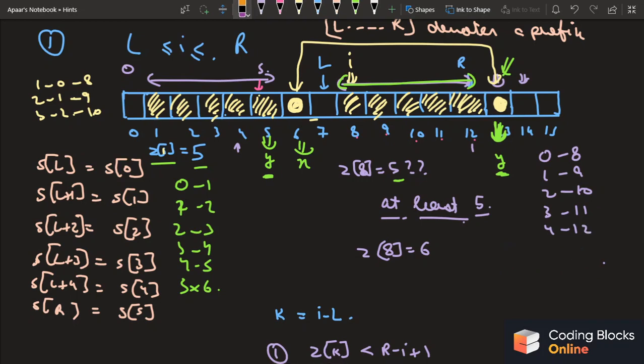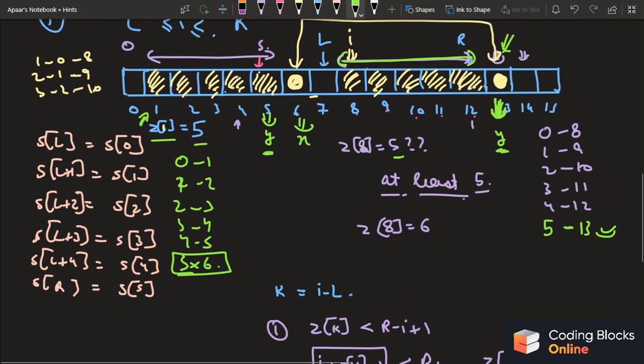Now in calculation of z1, s of 5 never matched with s of 6, but it is quite possible that s of 13 can match with s of 5. It is quite possible. I have given you the example, and you can easily check it. Don't get confused about what z1 means. It means here, if I'm starting from 0, then a length of 5 matches with these characters, right? So for z of 1 I can stop at 5, but it does not mean that z of 8 should be equal to 5.